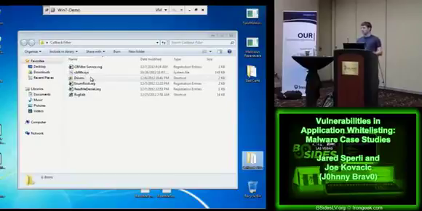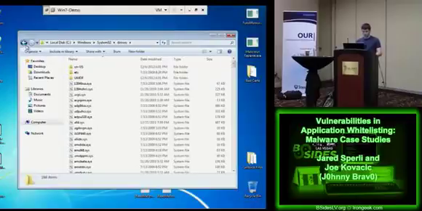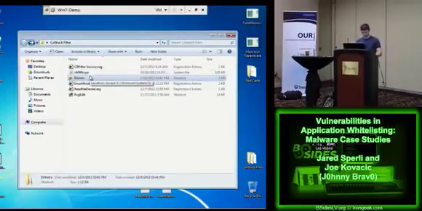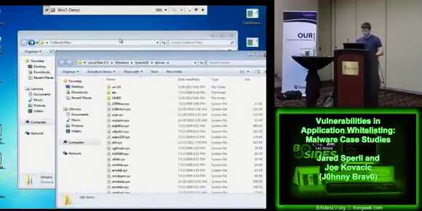Now, there's some clever people who have gone around this, but I found there's a more elegant way to approach it, which is to simply take advantage of the fact that there are legitimate drivers out there that you can take and repurpose for your own needs. Because drivers are so difficult to write, and if you have any flaws in them, there are entire companies that have products that just extend driver-type functionality to lower level or to higher level processes. So what I did is I took one of those specific ones, in this case called callback filter, and I'm going to use its driver to perpetrate my exploit.